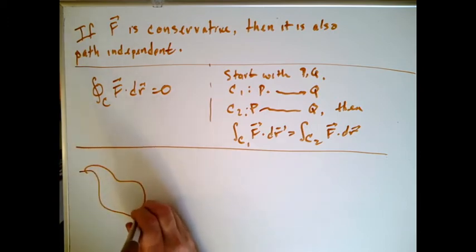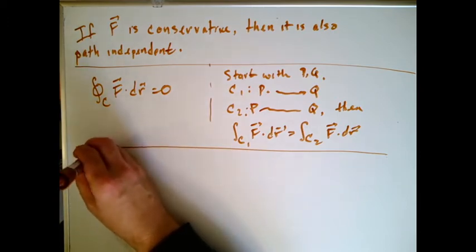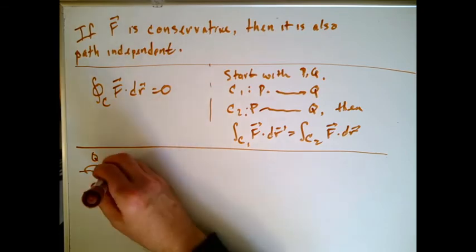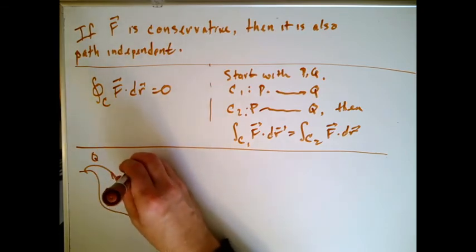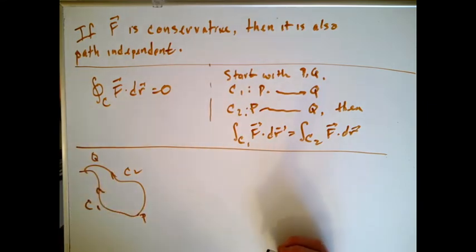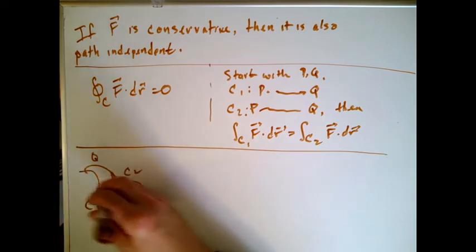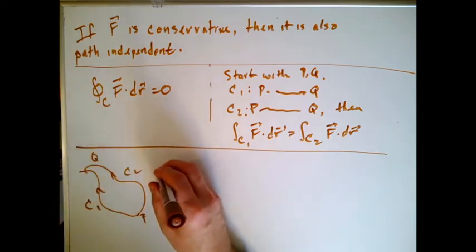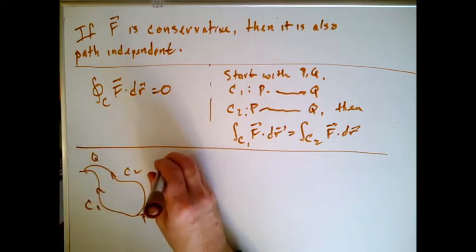So here's P, because we're starting with a fixed point P and a fixed point Q, and we're taking two different paths like that, and we want to know that the work is actually the same. Now, this is a closed curve, right? So we're assuming